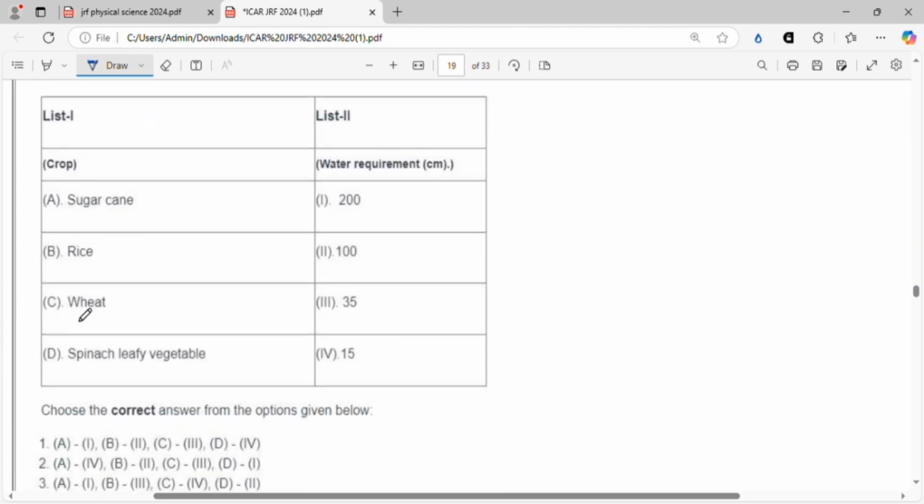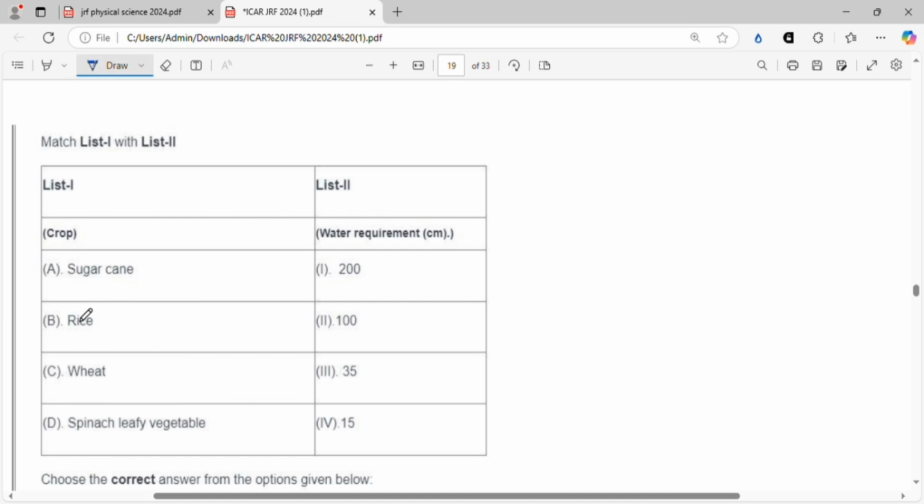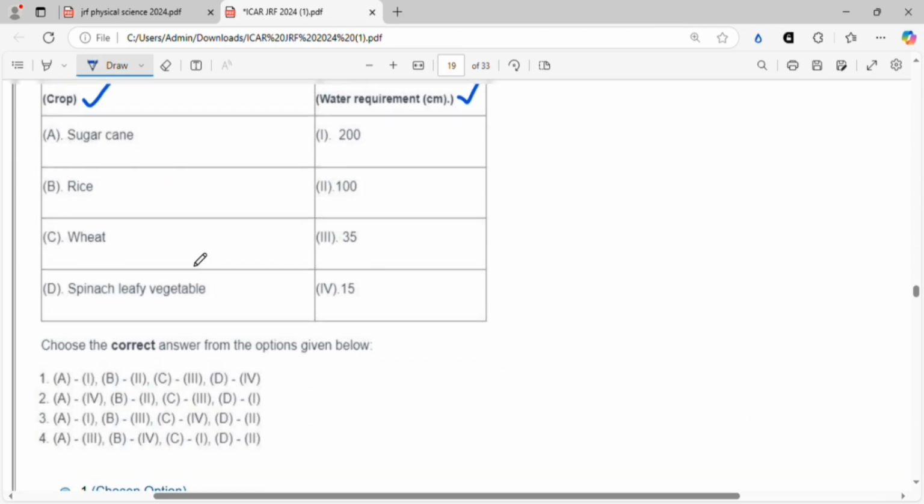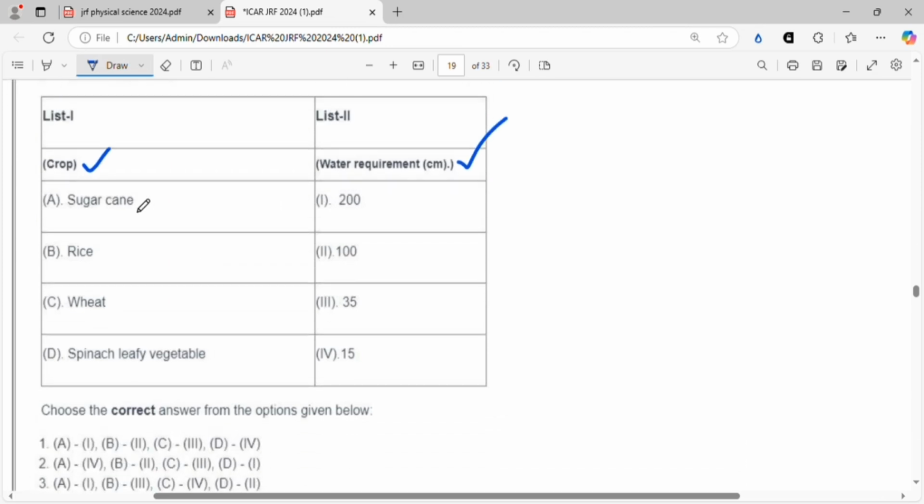There is a match the following. This is from general agriculture, or you can say agronomy, water management. So you have to match the list 1 crops with the water requirement in centimeters in list 2. Here we know that sugarcane is a highly water-requiring crop and it will require 200 centimeters, because you might get confused between sugarcane and rice, but the total amount of water, since rice is cultivated in standing water,